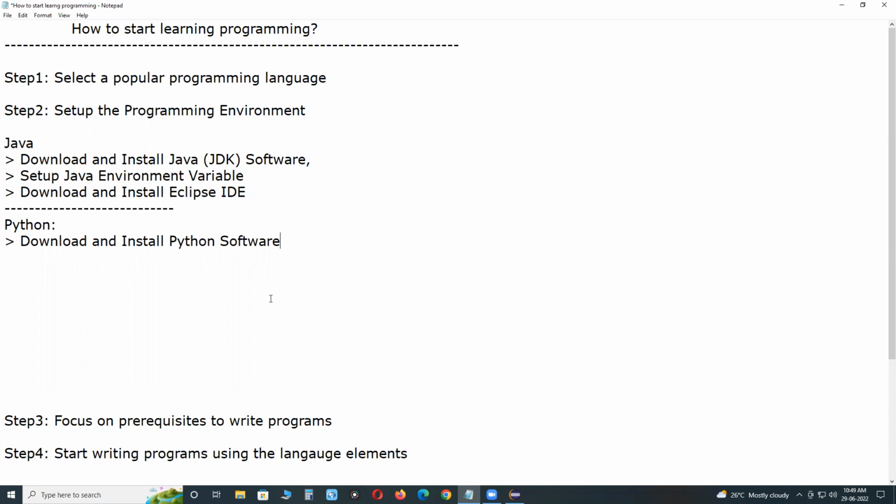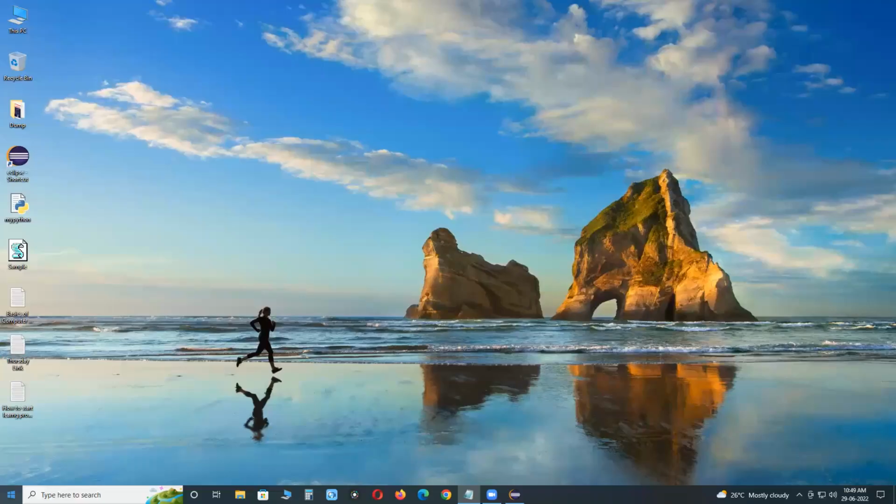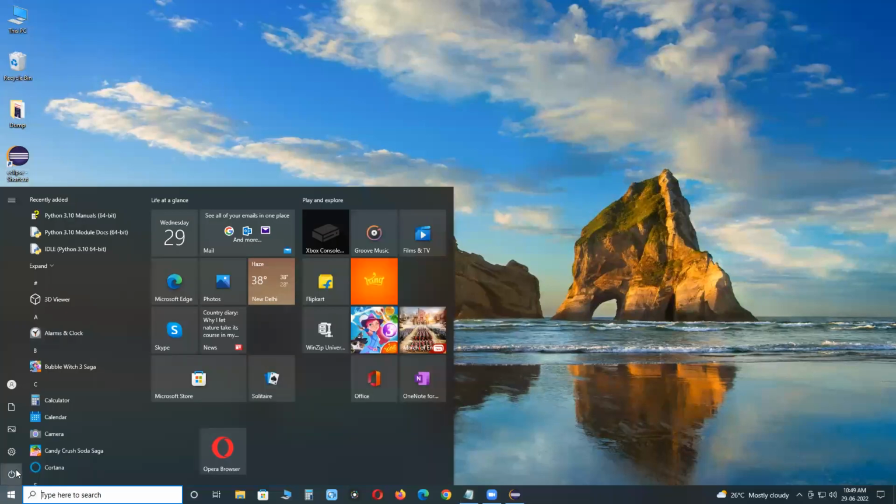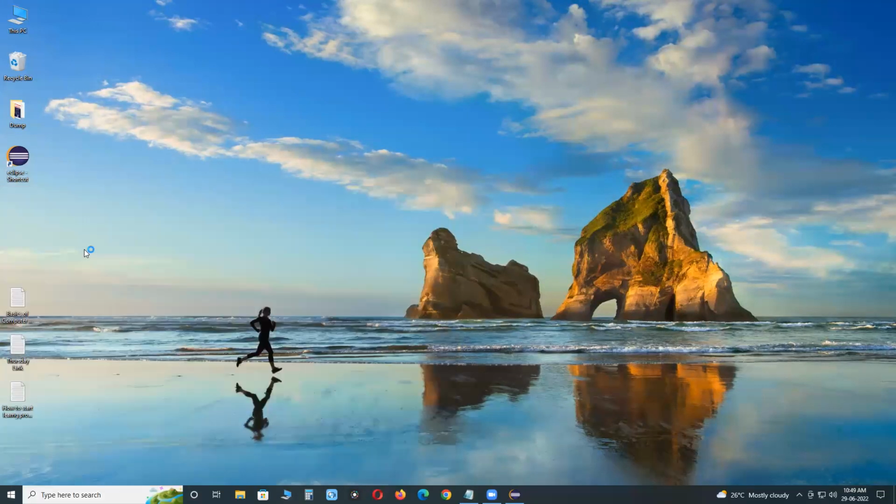It has built-in IDLE. What is IDLE? Integrated Development and Learning Environment. After installation of Python, you can get Python IDLE, or you can say Python shell.